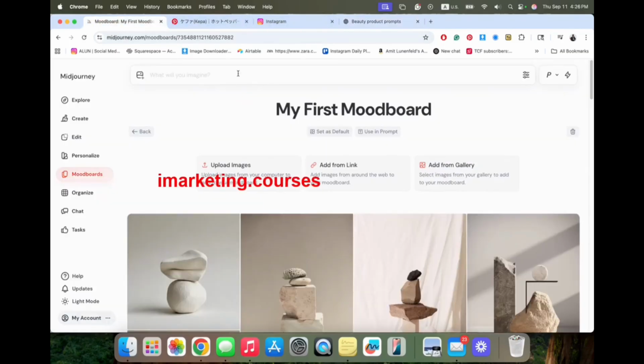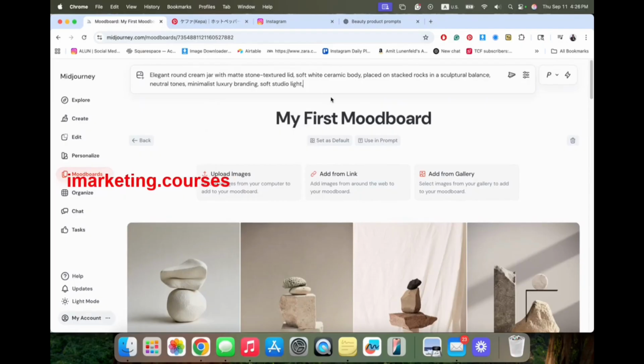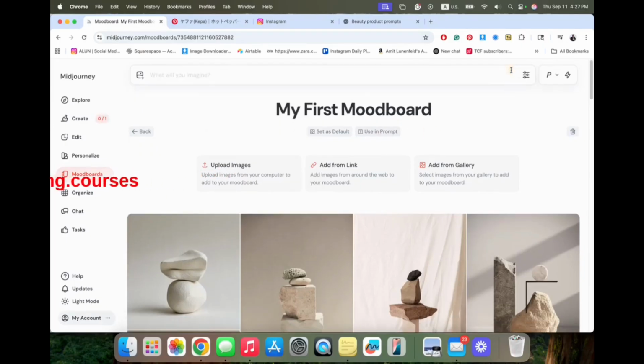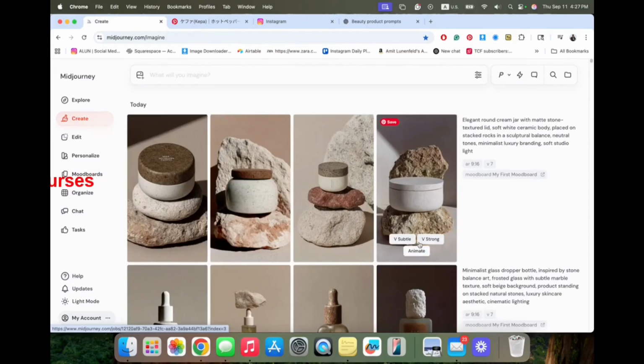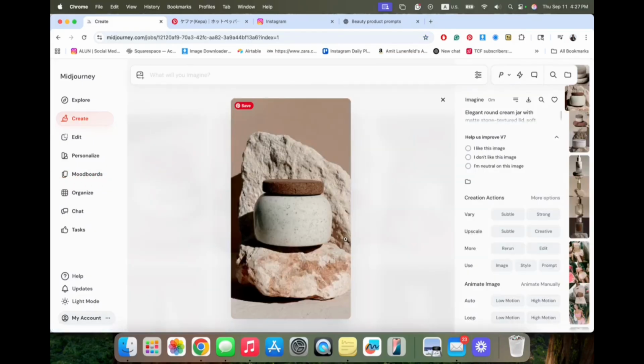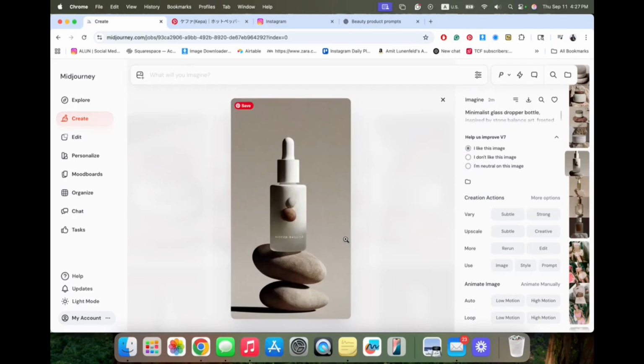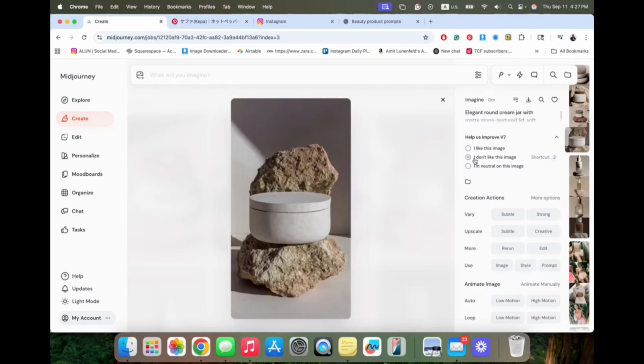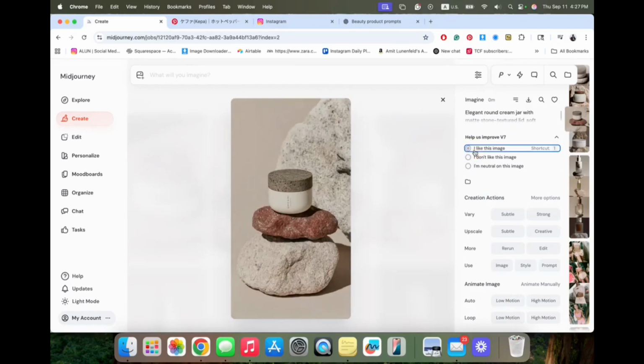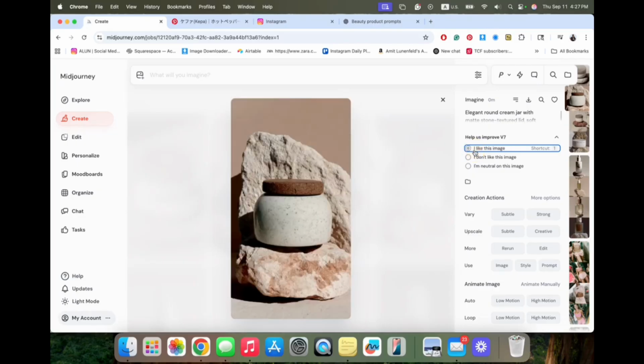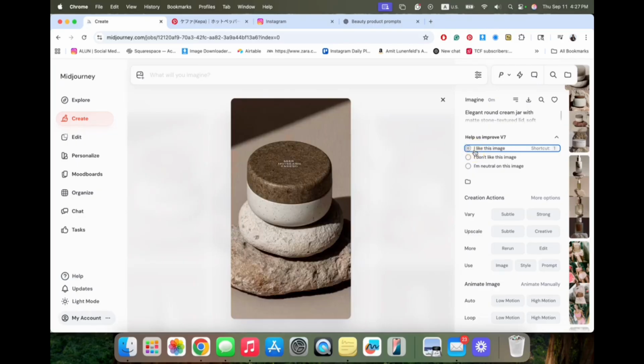We're going to copy, go into Midjourney. Again, we want to use this for our purposes. Beautiful. Wow. I love the results. This looks really good. This looks good. This looks good. So we want to mark what we like. I personally like this image. This one I also like. This not so much, but I won't mark it as don't like because I think it's good.